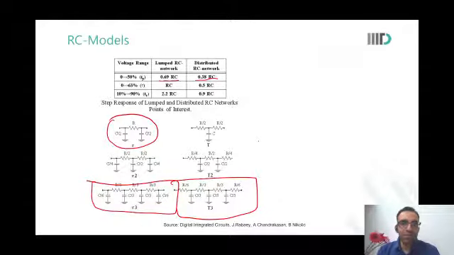Okay, so it's a common characteristic for RC. If you build a distributed RC network and analyze it, you will see that the 0 to 50% propagation delay would be 0.38 RC, and if you just make a lumped model, you will see that the delay would be different. That's it. We just did the analysis.